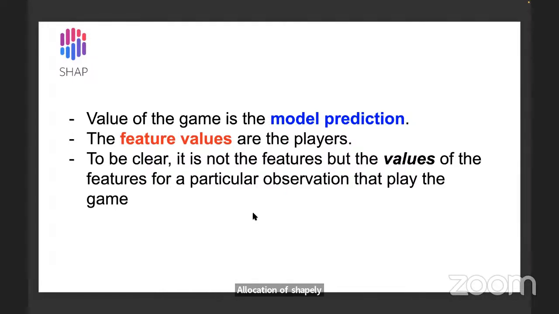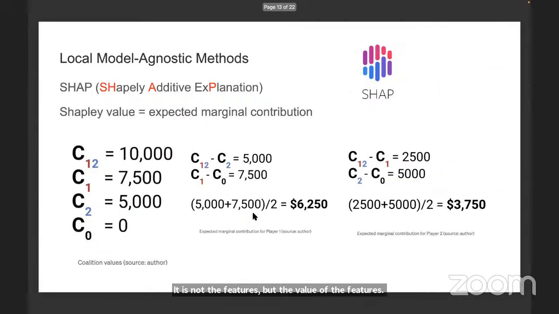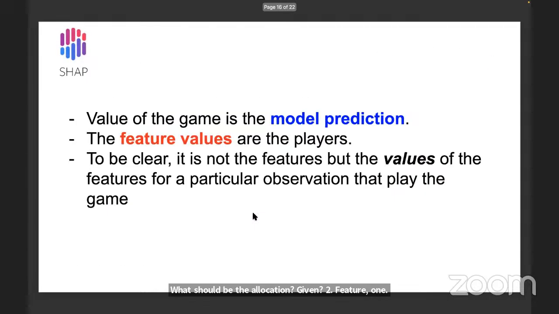And just getting into a small subtlety, it is not the features, but the value of the features for a particular observation that play the game, right? So when I say feature 1, one instance would be, say, feature 1 equal to 10, feature 2 equal to 20, and the prediction is, say, 10,000, right? So the player becomes feature 1 equal to 10. When the value of feature 1 is equal to 10, what should be the allocation given to feature 1, right? So this is the way